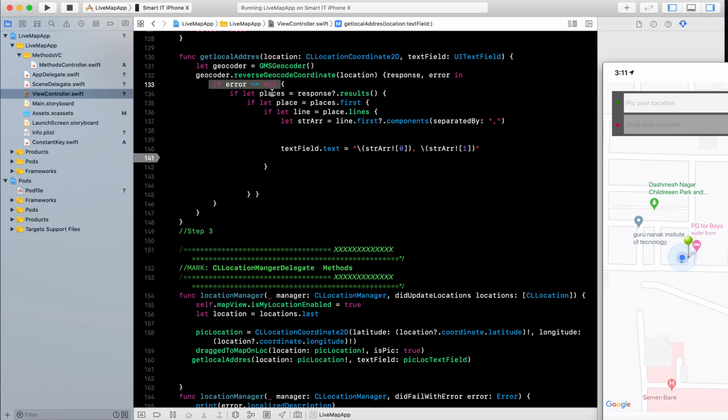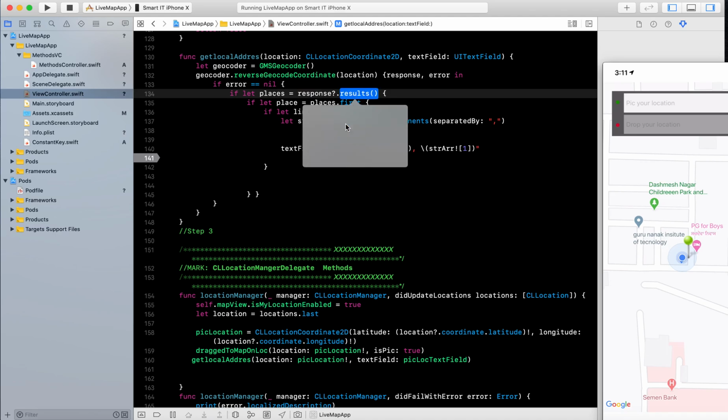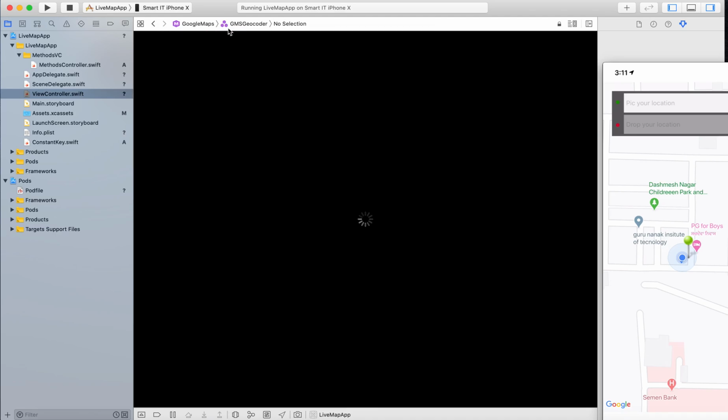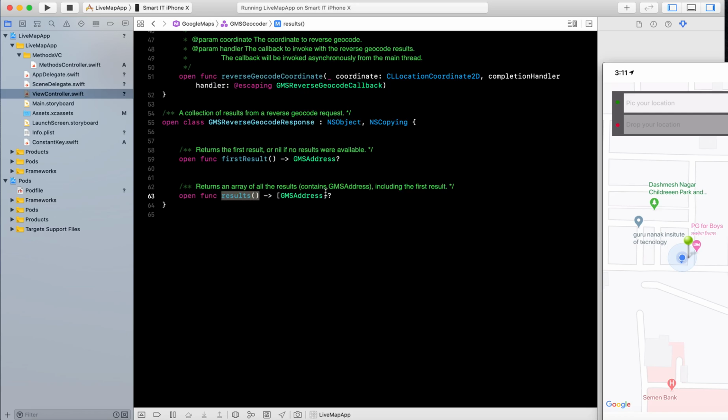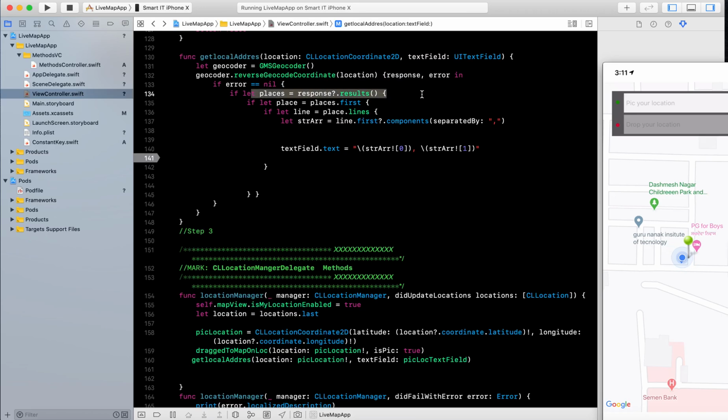If error is equal to nil, I just create the place variable, placemark, from the response, and this is the result. The query will provide the result from the GMSGeocoder, which will provide the address. I have a full address here. If you want to display the full address, you just place the placemark first, and everything will be there. You can see the pin code, the state, the country, all the things. But I want to display only two